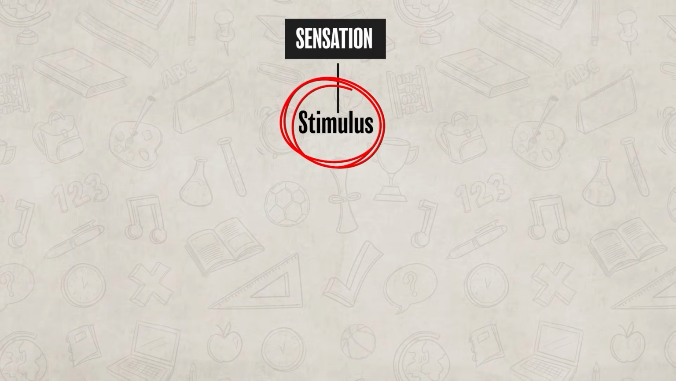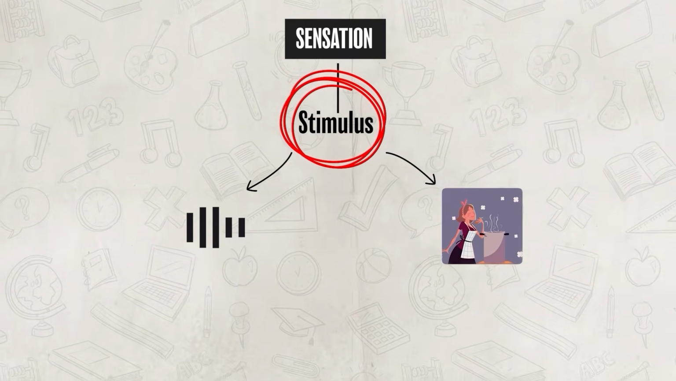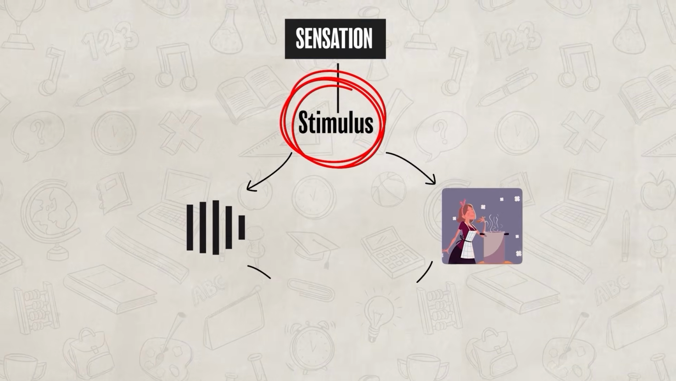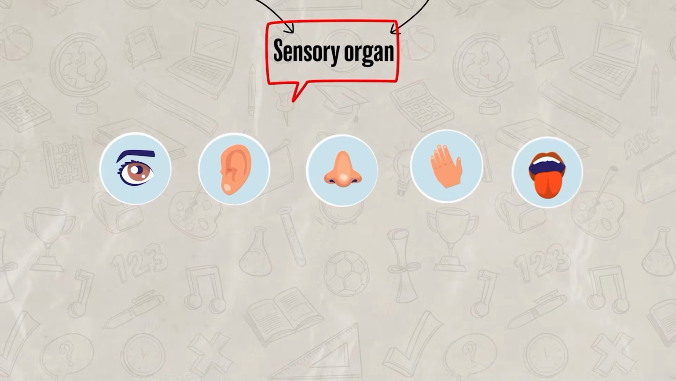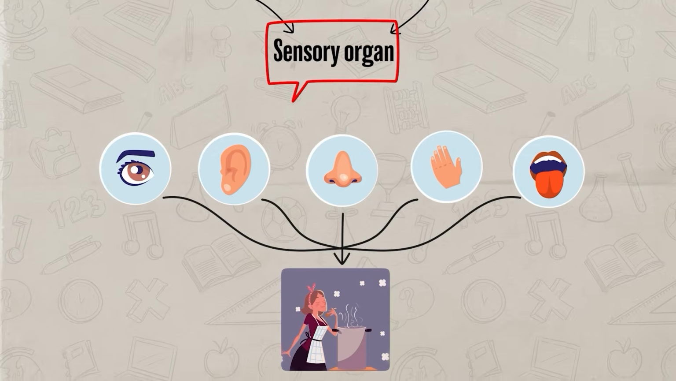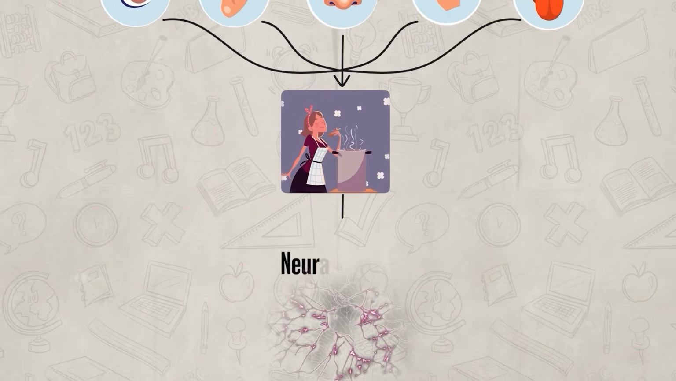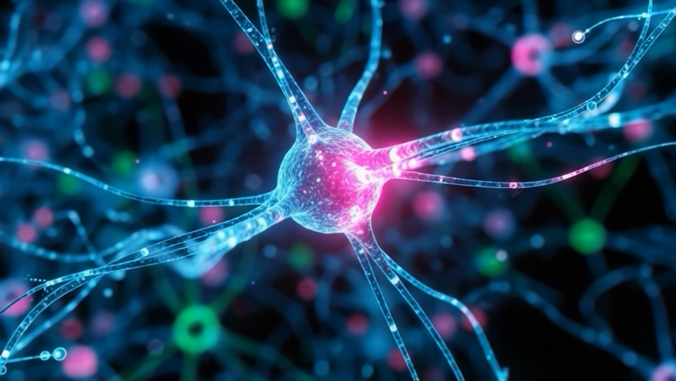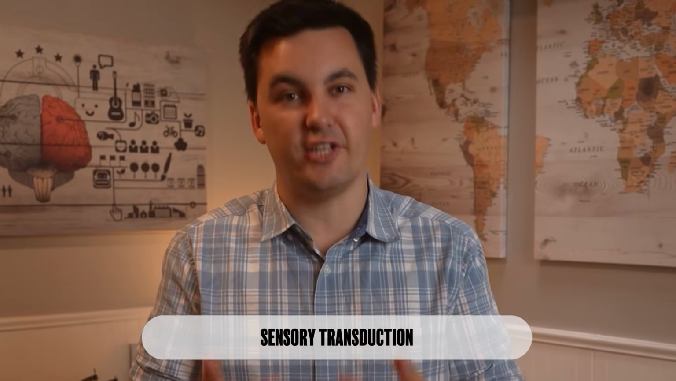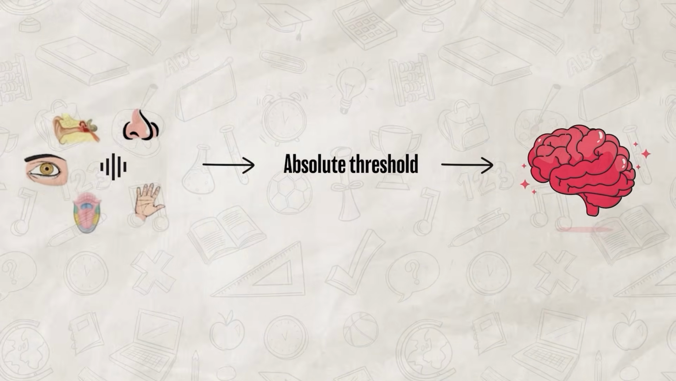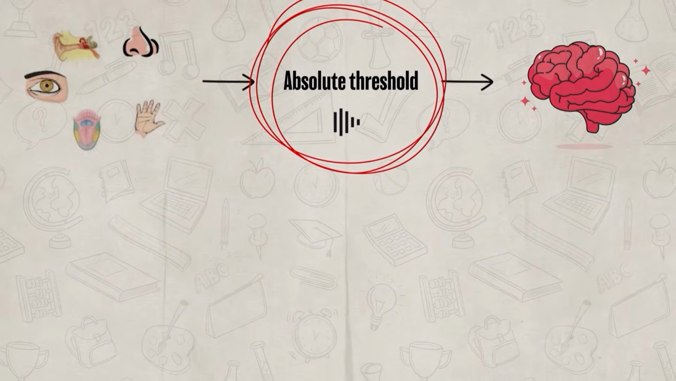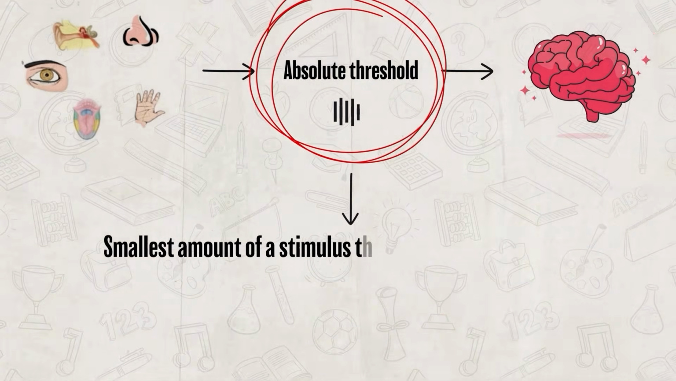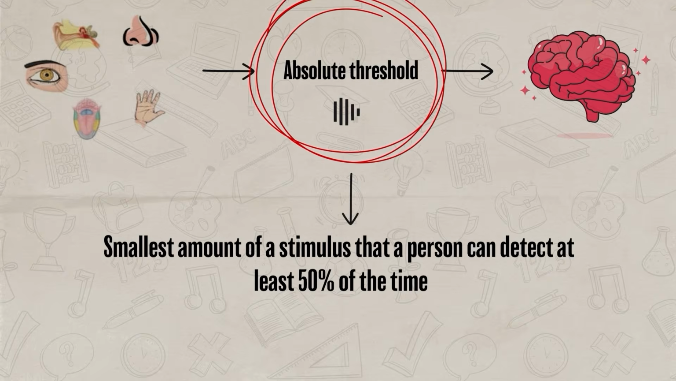Sensation begins with a stimulus, which is something like a sound or smell that is strong enough to cross a threshold to get noticed by your sensory organs, such as your eyes, ears, nose, or skin. Once the sensory organ detects the stimulus, the body transduces the stimulus into a neural signal, converting the stimulus into an electrical message that your brain can understand. This conversion process is called sensory transduction. But for sensory transduction to happen, the stimulus has to be strong enough to cross the absolute threshold. The absolute threshold is defined as the smallest amount of a stimulus that a person can detect at least 50%